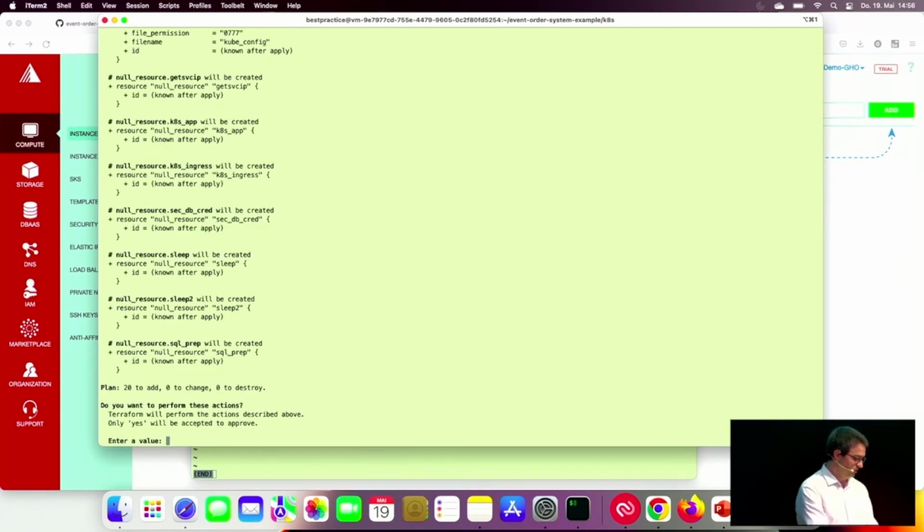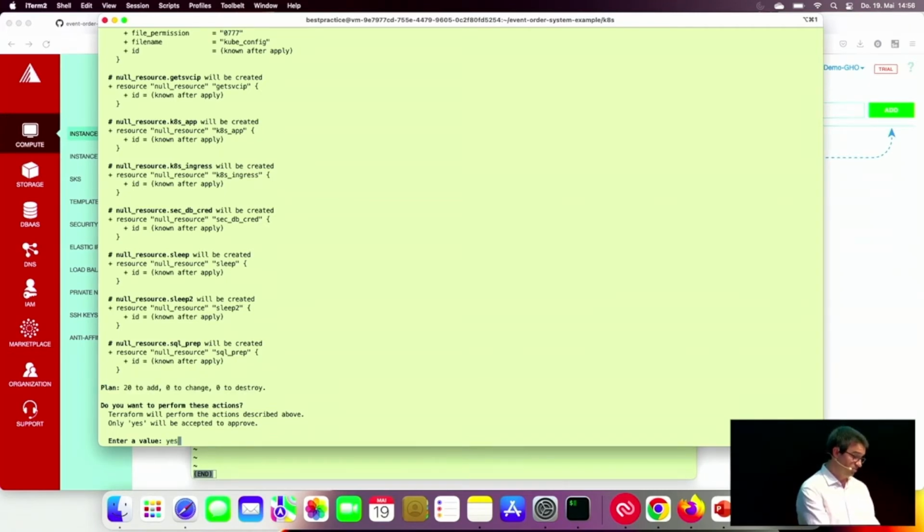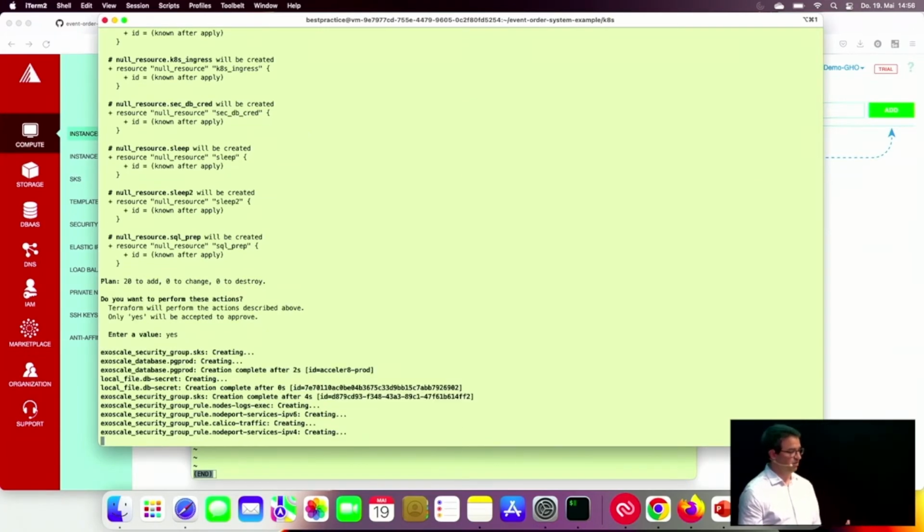And we'll see what Terraform will tell me. So Terraform now tells me, okay, you want to add 20 resources, either to Exoscale or elsewhere. We have some commands which are running. Those are also resources. So we have 20 tasks to do. So let's start it and keep our fingers crossed that it's going to work. So Terraform is now doing the magic,